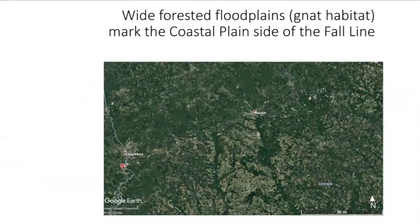And you can connect that with the fact that on an aerial picture like Google Earth provides, you see that where rivers cross the fall line, there's a sudden widening of the floodplains. You see these wide, in this case, forested floodplains. That's why they're so green. But suddenly the floodplains get wider. This would be down by Milledgeville, Macon, and Columbus, where you get these wider